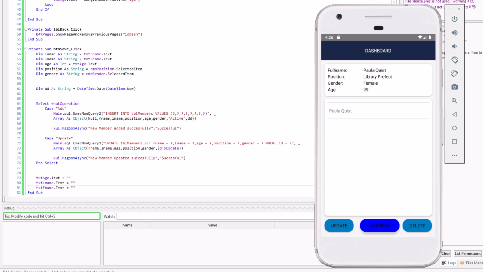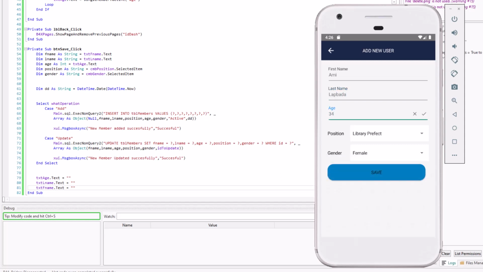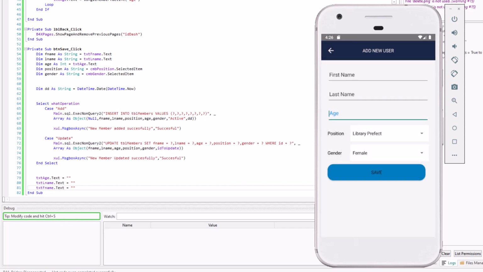Okay, let's add new. Let's add another person.